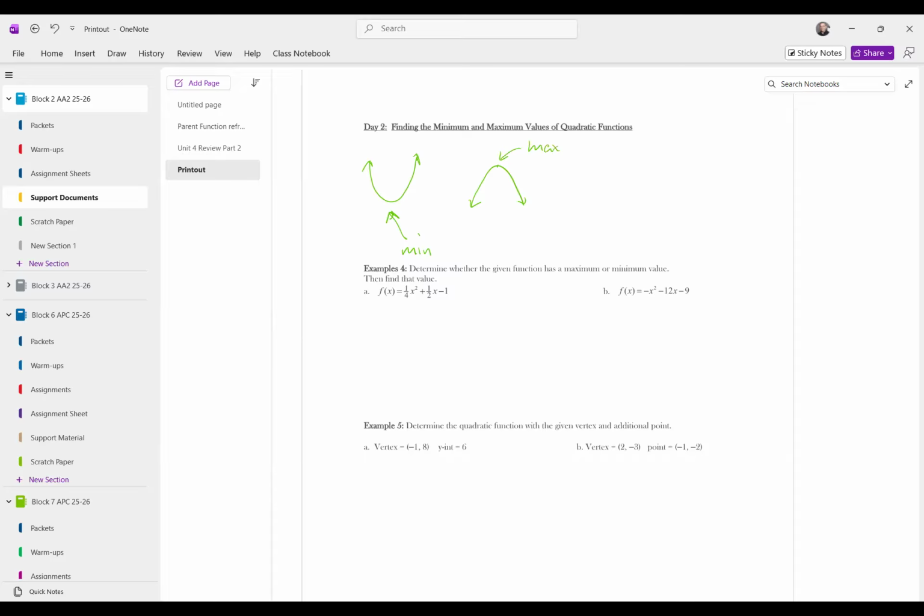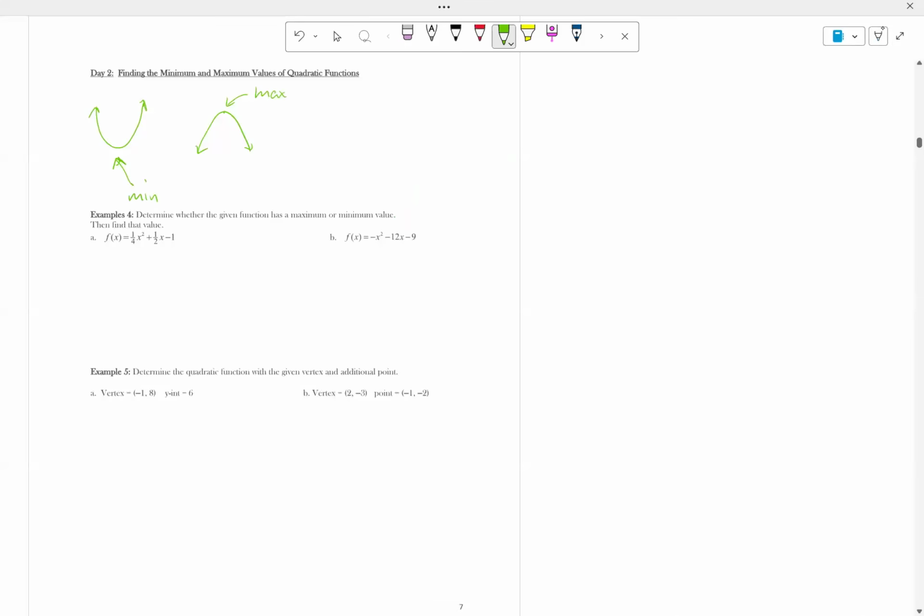So let me go to black ink if I can figure out what's going on with my electronics here. Just a second. Oh, here we go. Um,